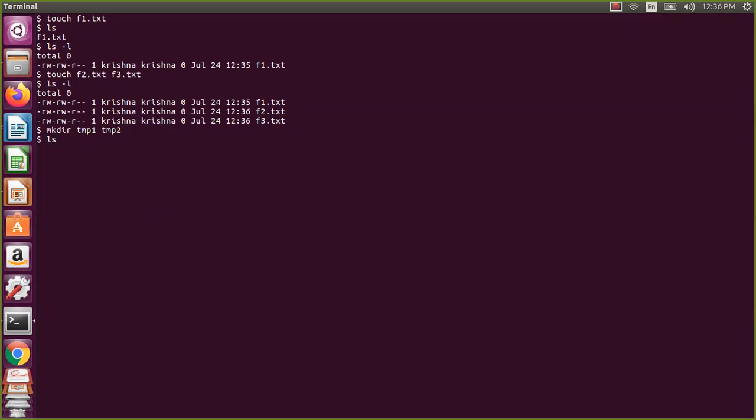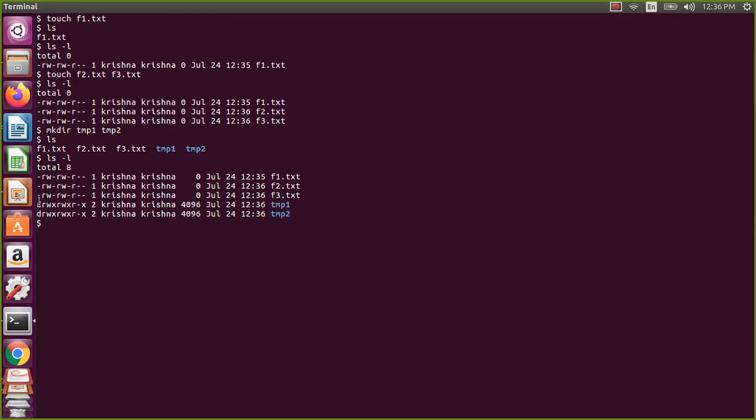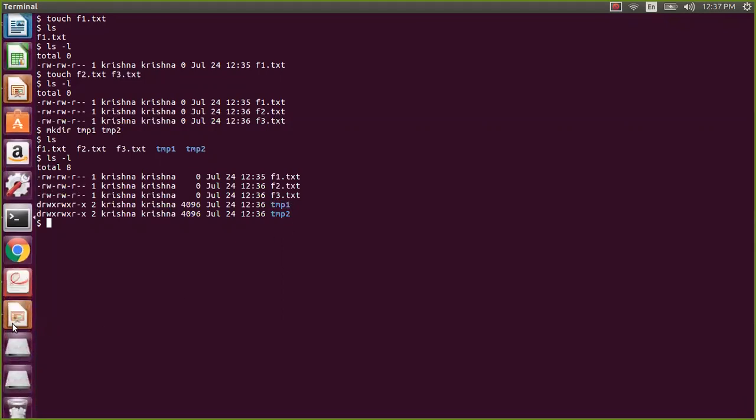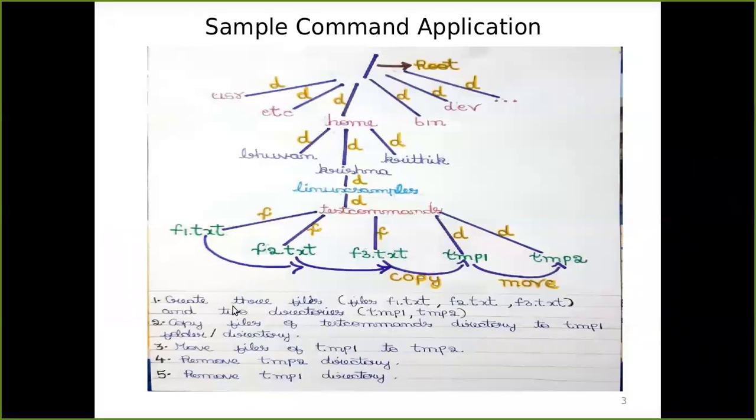Okay, so now if I say this, you can see here these are the files, these are the directories. With ls minus l, the first character d is a directory, and a hyphen is a normal file, and these are the permissions actually, which we will see in the upcoming units. So this is a directory and this is a file, and you have color recognition also. Okay, so we are done with this first step. We have created the files and directories. Let us copy temp1 to this particular folder actually.